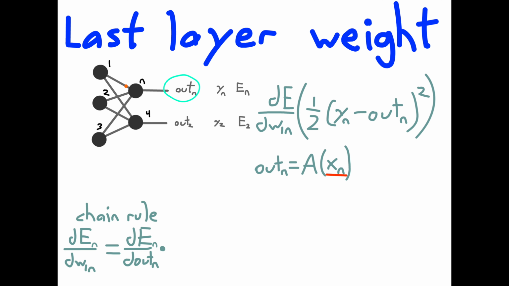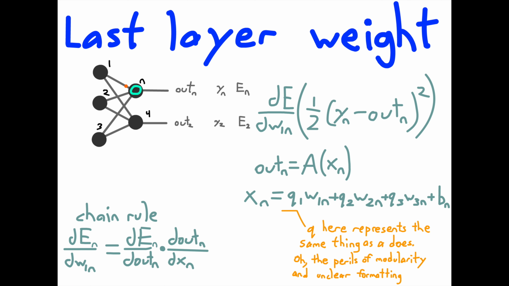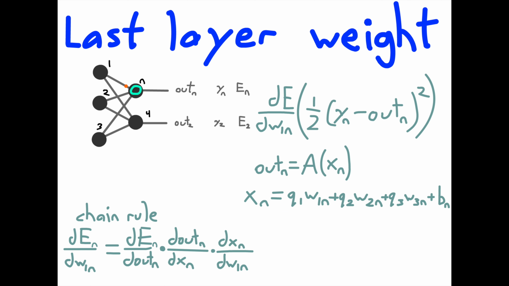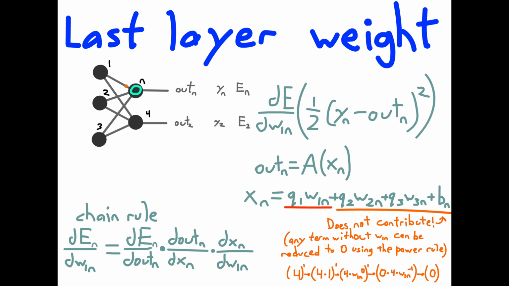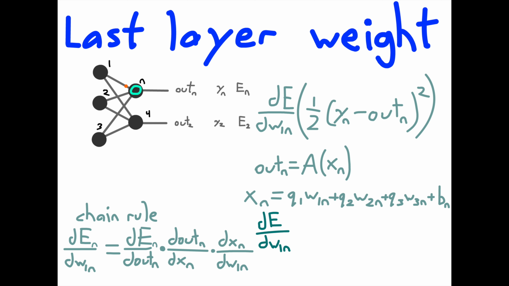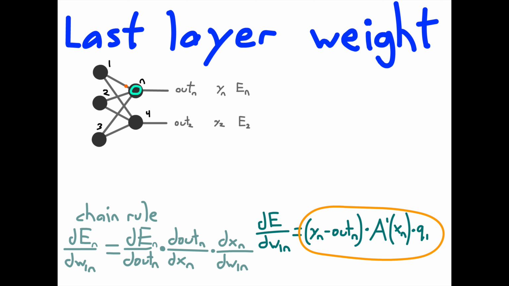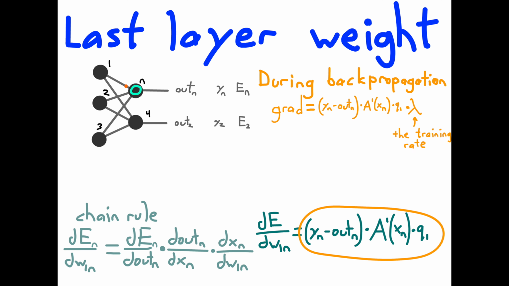Okay, well, x is a function, so add that to the chain. Okay, and now we've gotten to the end of the chain. Weight 1n is the goal weight, and all those other things don't contribute because they don't have weight 1, so they can just disappear. Now that we have our chain, we just need to fill it out. That's the gradient for weight 1. To backpropagate through weight 1, just compute those values, multiply by the training weight, and add it to weight 1. Then the error is reduced.